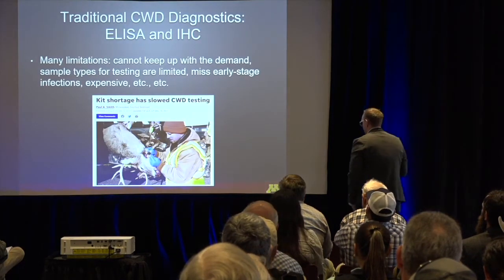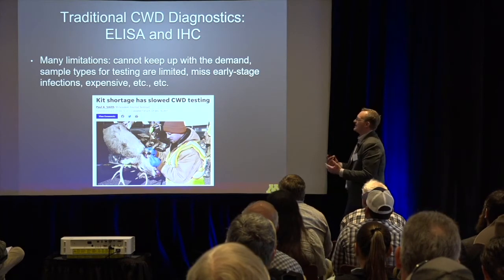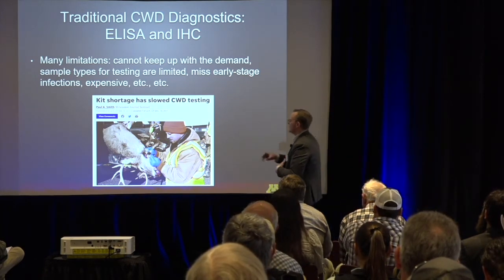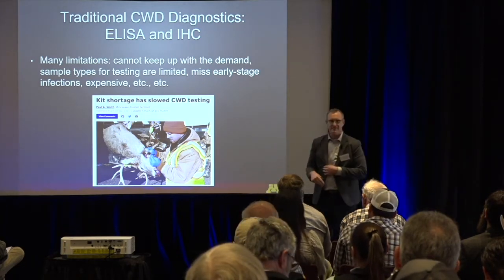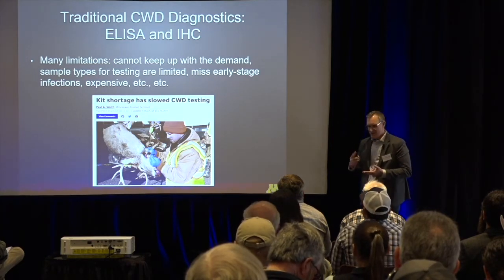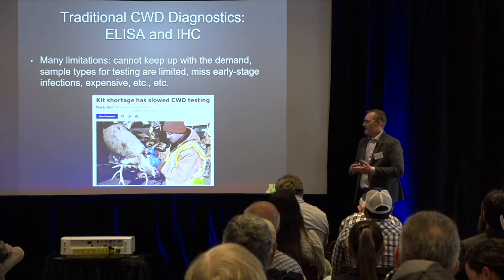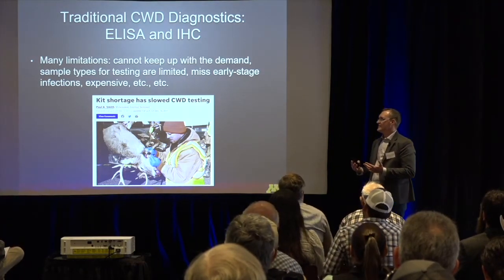We know that the current diagnostic tests have lots of limitations. ELISA and IHC, these are the traditional tests. This is published, or this is like from 2017. Every year there's shortages. I think right now there's a shortage in ELISA kits. There were major shortages of IHC testing supplies last fall. Hunters up in Minnesota can wait like 4 weeks before they get the results when they want to test for